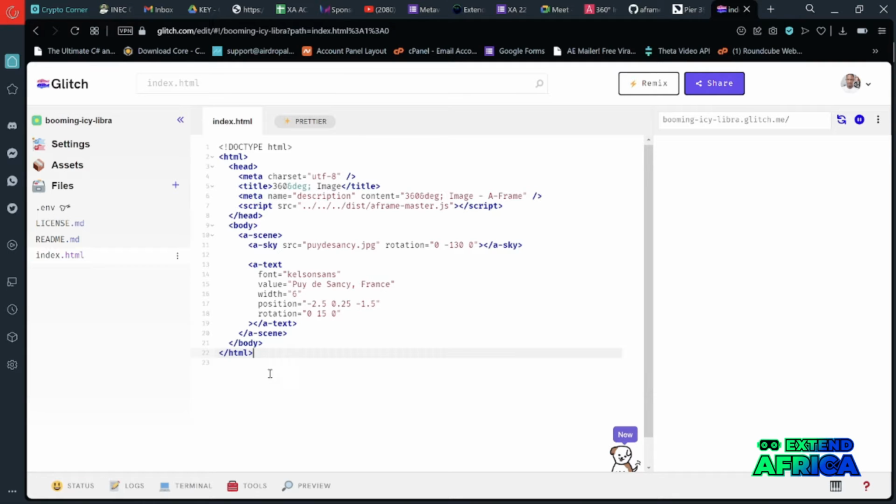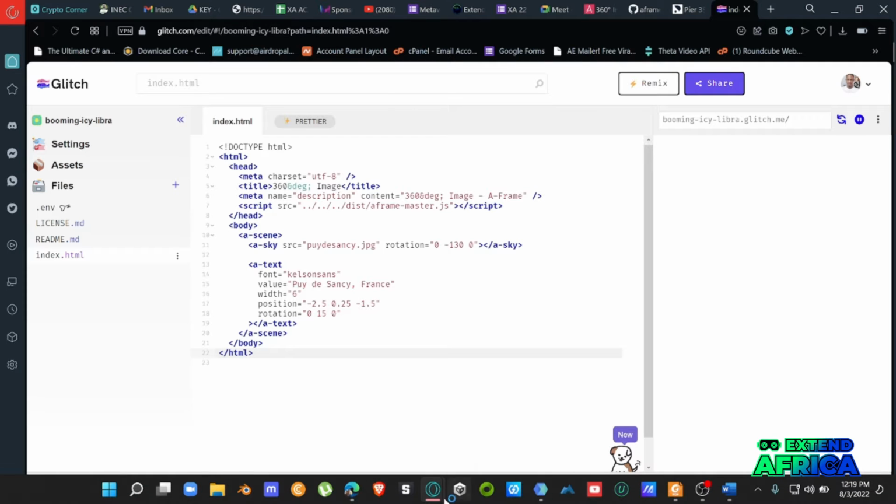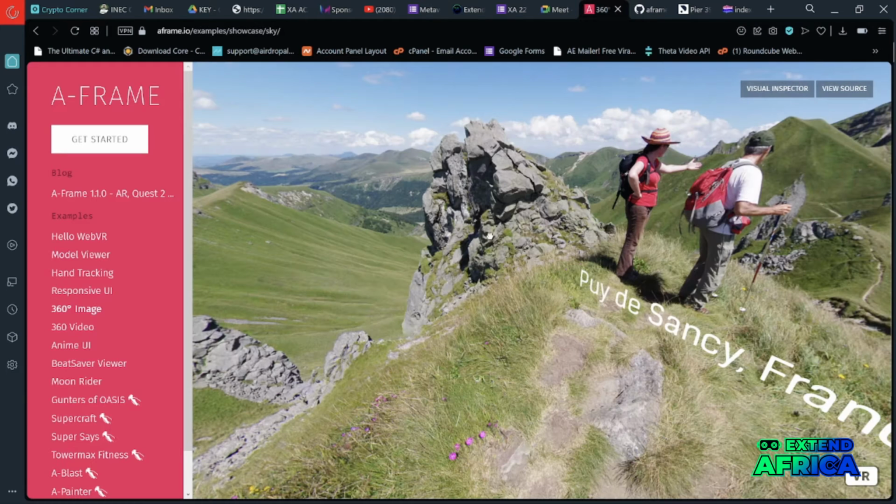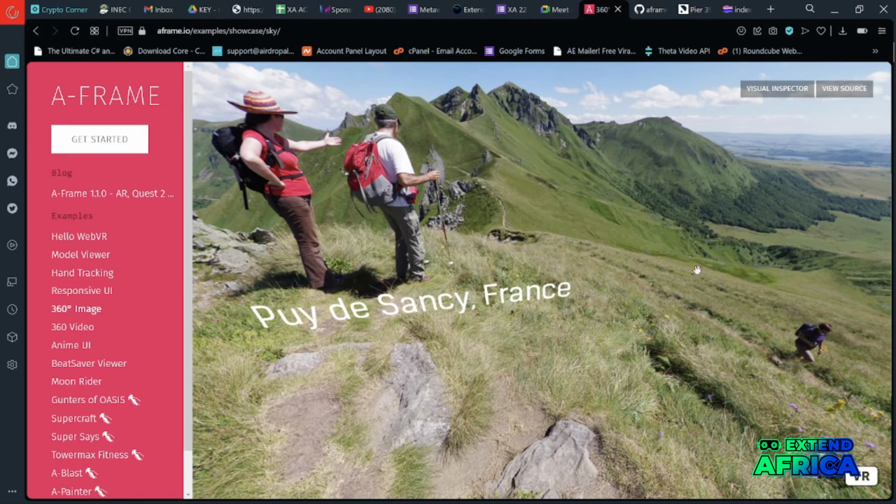So now we are here. We've pasted this code in this HTML script, and nothing really is happening in our preview pane. We are not seeing anything. That is because we don't have our image, our 360 image. We don't have something like this. Now, to get a 360 image or a panoramic image, there is a site